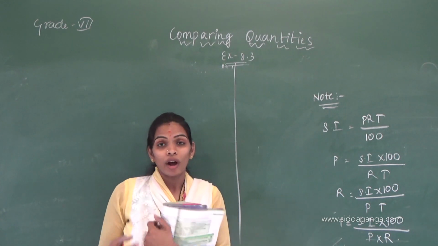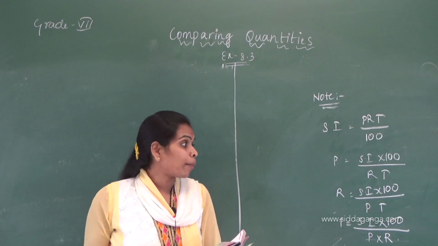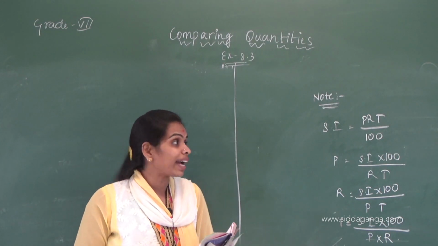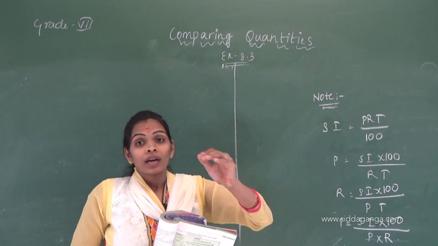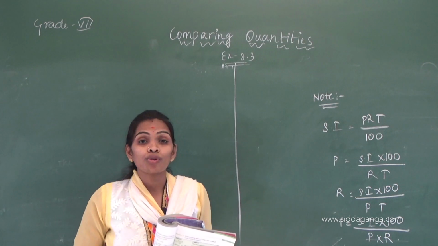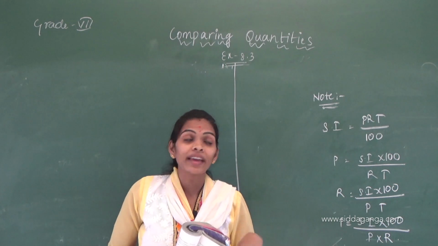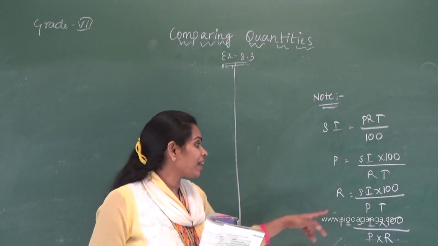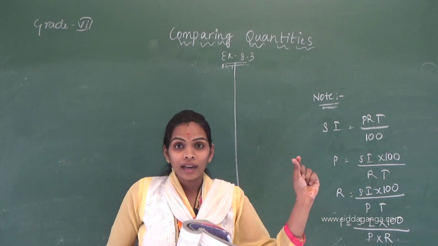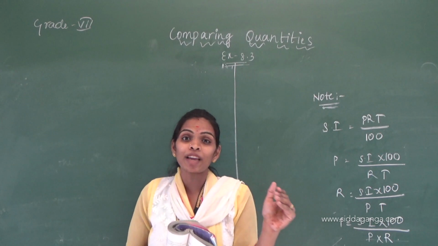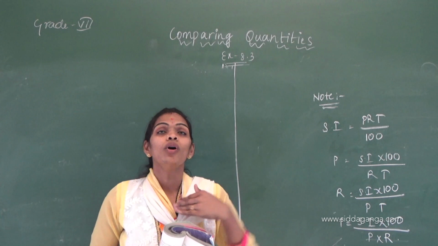Already I told you the definition of principal and amount. Amount is nothing but the combination of principal and simple interest. Simple interest is the amount which is added to the money when we return it to the bank, and principal means the amount which we have borrowed from the bank. Rate means the rate of interest on a particular amount. Time means the time period that the bank or financier has given us to pay the amount back to them.